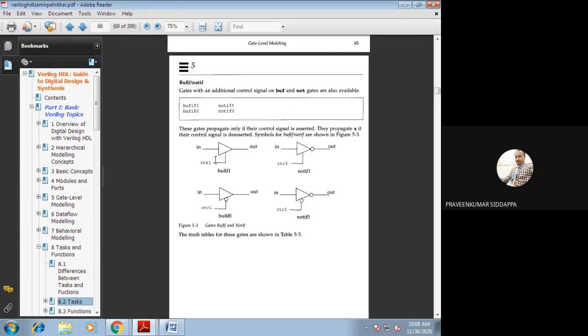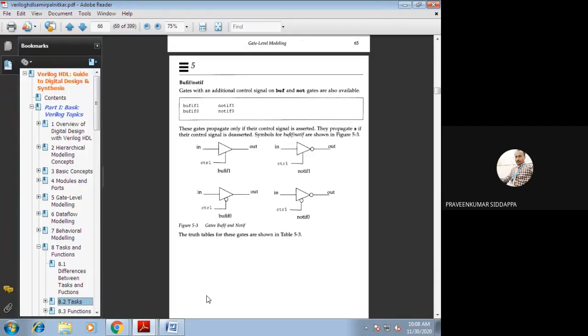The first logic symbol is for bufif1. Why do we call it bufif1? Bufif1 is nothing but a condition: whenever your control signal is 1, at that time whatever input is applied at the input, we will get at the output side. So if the control signal is 1, out is equal to in. Is it clear? Okay.